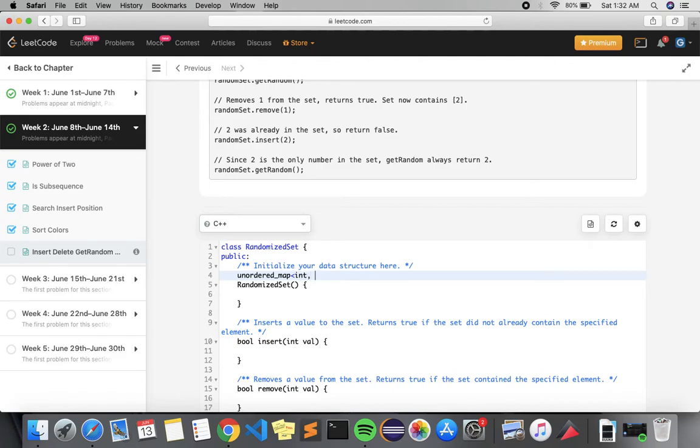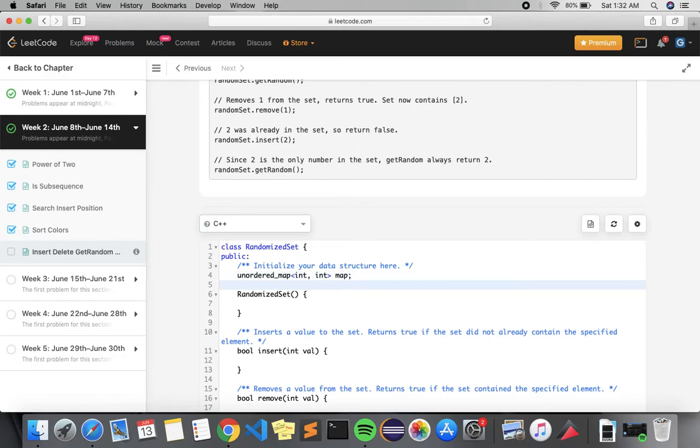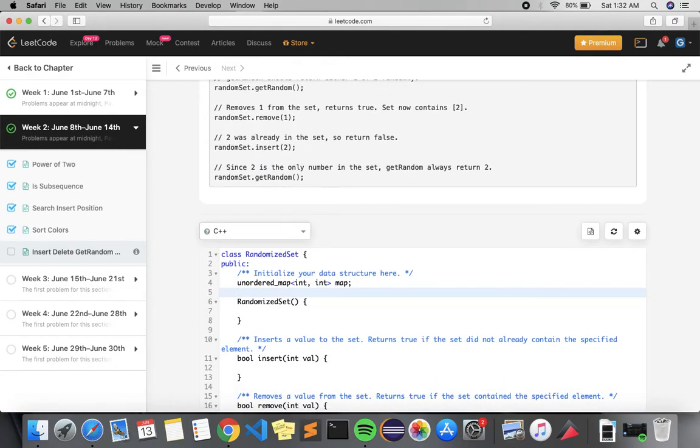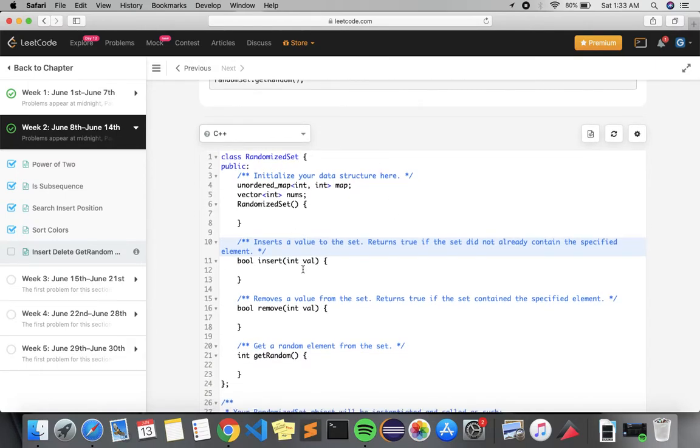The hash map is for storing the index of every element, so that we can access it from our array easily in O(1) time. This randomized set is just initializing the variables; that's not required.